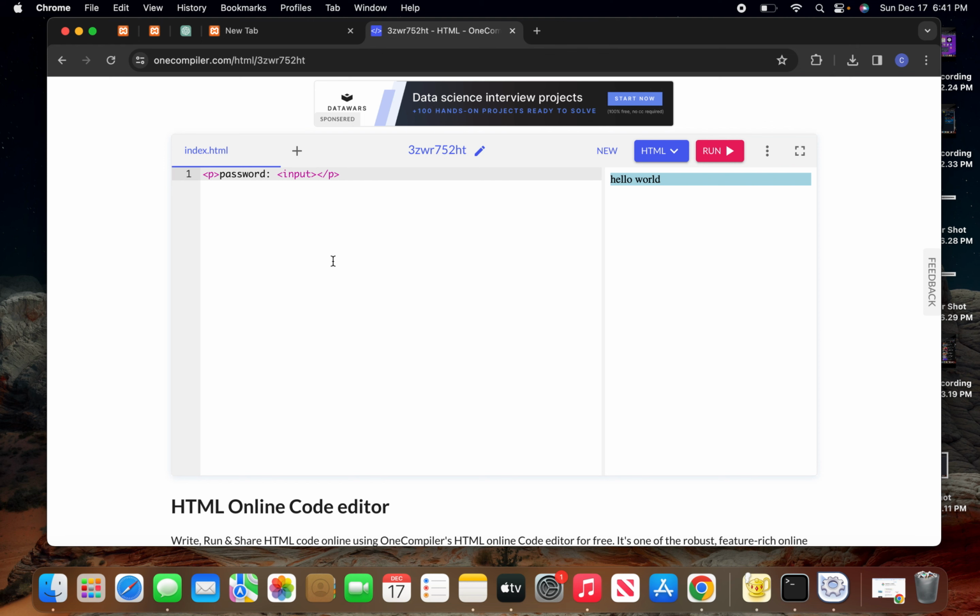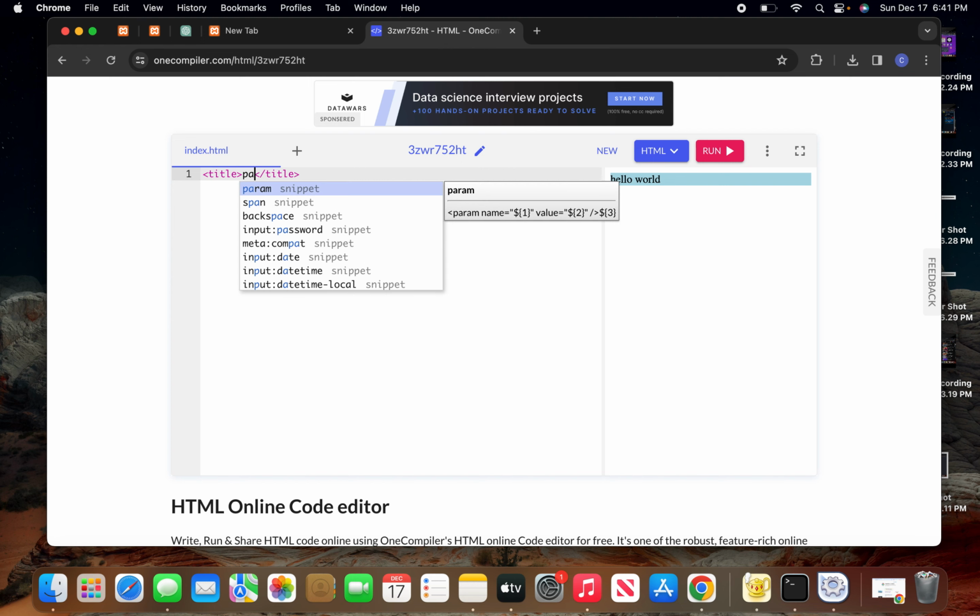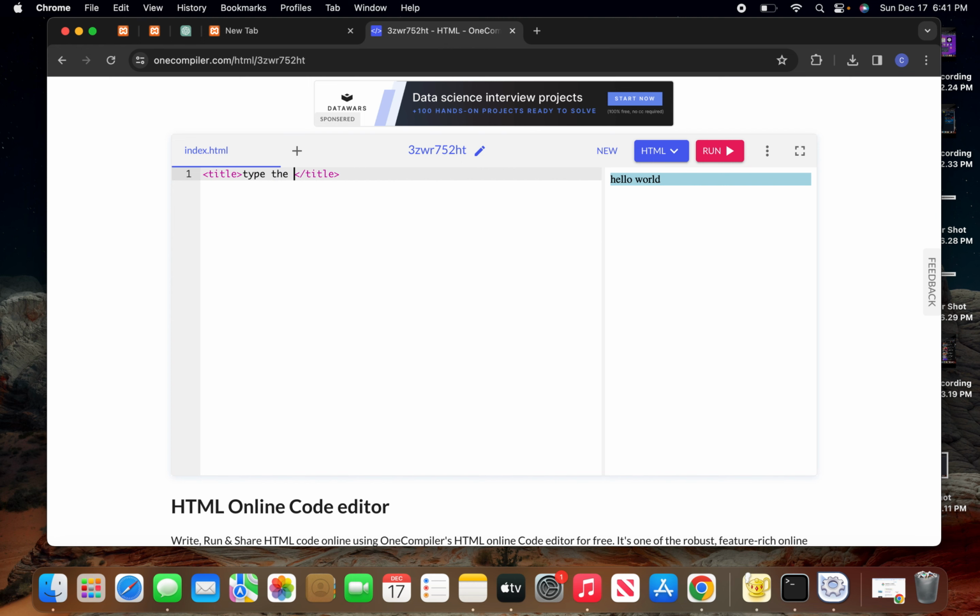Okay, now we are gonna type this. First I'm just gonna get rid of this. We can type the name of here. It's called title. So maybe the title could be whatever, like type the password. Nah, it doesn't work with these. So I'm just gonna get rid of this blah blah blah thingy, and then we're just gonna